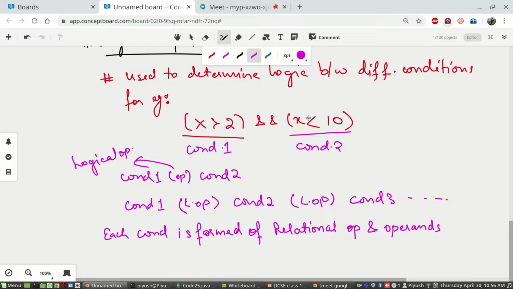So is this logic clear, that it is used to determine the logic between different sets of conditions, where each condition is an expression formed by relational operators? Is this concept clear so far?